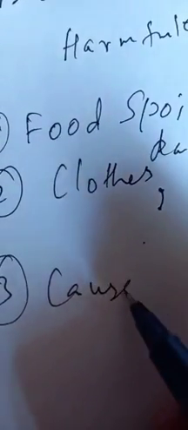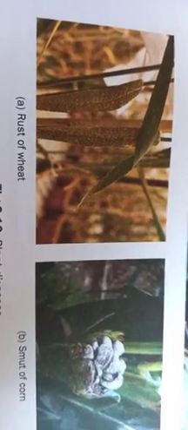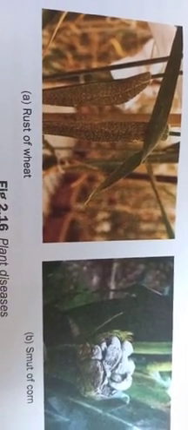Okay, then some diseases are also caused in plants and animals. I have already explained you in the mode of nutrition that the fungus may act as parasites, and what happens, it causes diseases, you can say decay of the plant also, like athlete's foot, ringworm, or rust of wheat, or smut of corn. So this kind of diseases in plants is caused by the fungus. So I hope you have understood.